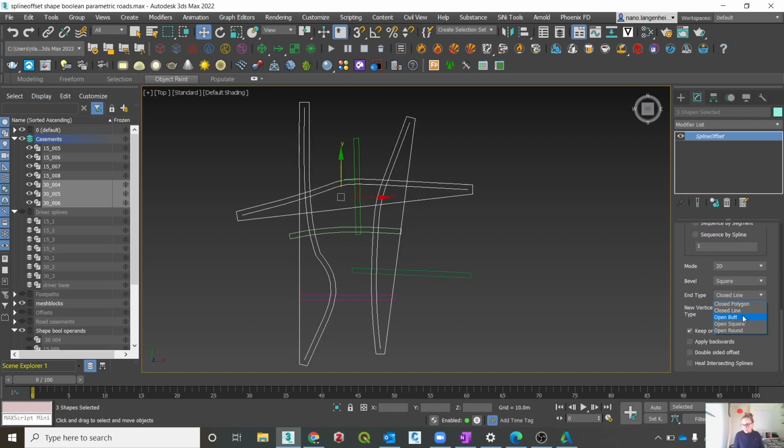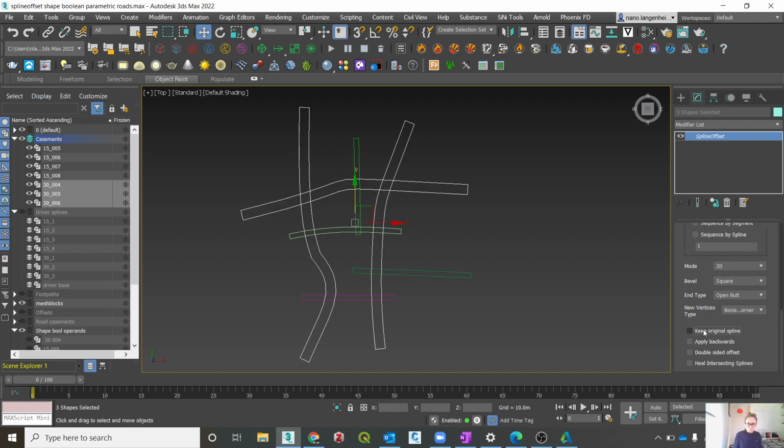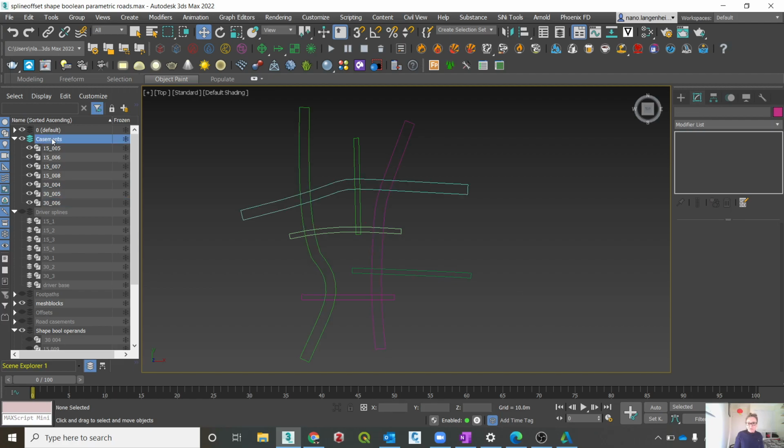And we can do open butt. Don't keep the original. We won't heal the intersections within the spline offset. We'll do that in a shape boolean. So now that we've got our casements, we need